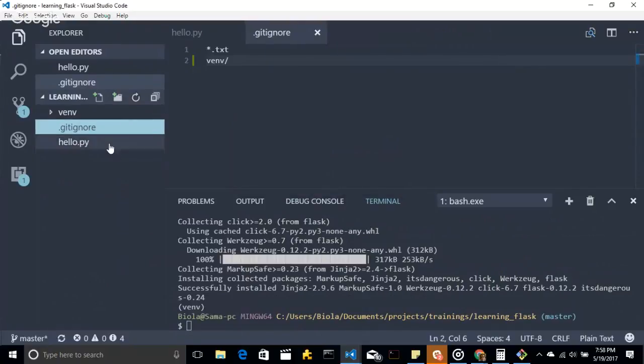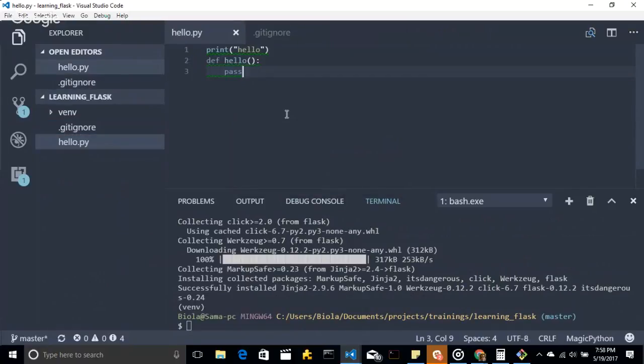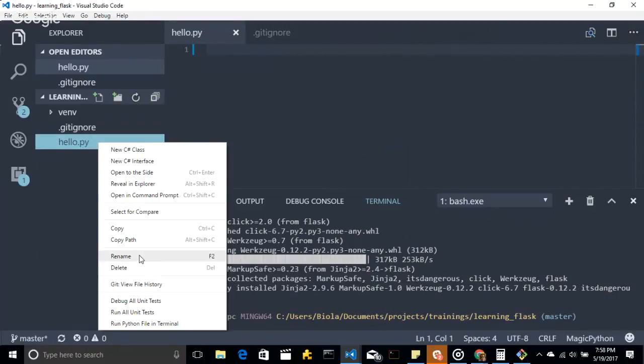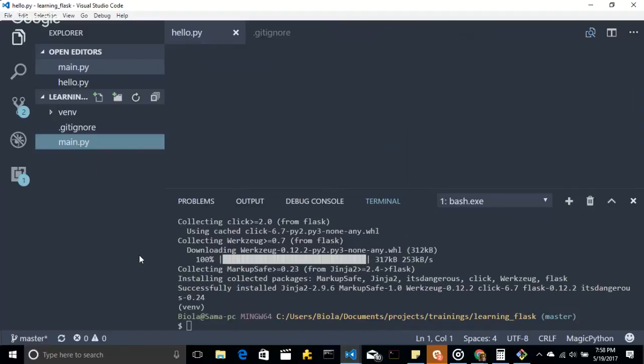All right. So this is hello.py. We're going to convert it. It's going to be the entry point to our Flask application. But I'm going to rename it to main.py so that our project looks more serious. The first thing we need to do in a Flask application is to import the Flask